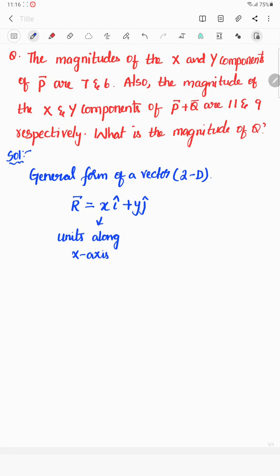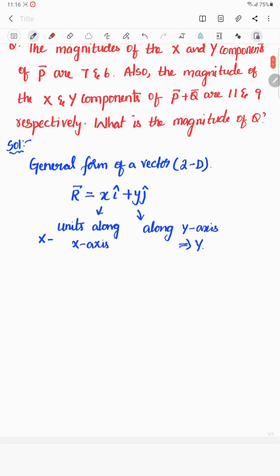For example, a person was walking 2 meters along the x-axis. That is what you can take as the x value there. Similarly, y is along the y-axis, the amount or magnitude, whether it is a distance, displacement or velocity, any quantity along the y-axis. Thus the x value is called the x component and the y value is called the y component.